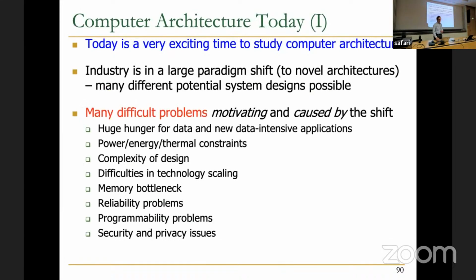Today is a very exciting time to study computer architecture because, of all the things I showed you, there's no single architecture today that is dominant. You could argue that GPUs are dominant, but I would disagree with that. Yes, they're dominant in one particular workload, potentially. That may change if that workload changes significantly over time, which I hope it does because the current exponential growth of that workload is not sustainable, in my opinion. It's really causing a lot of damage to our climate, universe, etc. That should change. But there are many different types of things that people are exploring right now because of many different issues. Again, I don't want to go through all of these because I do want to get into the